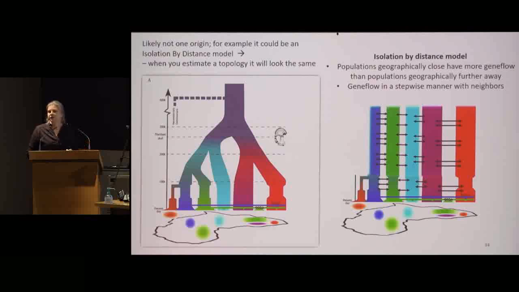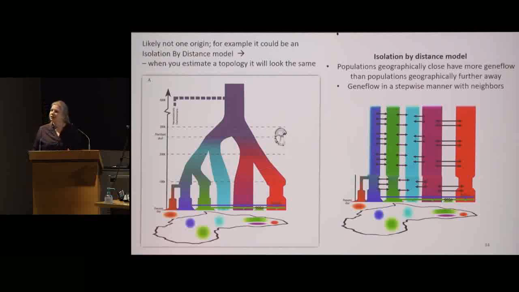So that is probably what's underlying a topology like this. Very different ancestors from different places in Africa coalescing at different time periods and in different places on the landscape. So this is one representation that could be a possibility. And when you build a tree, many different models that underlie a topology like this can actually explain